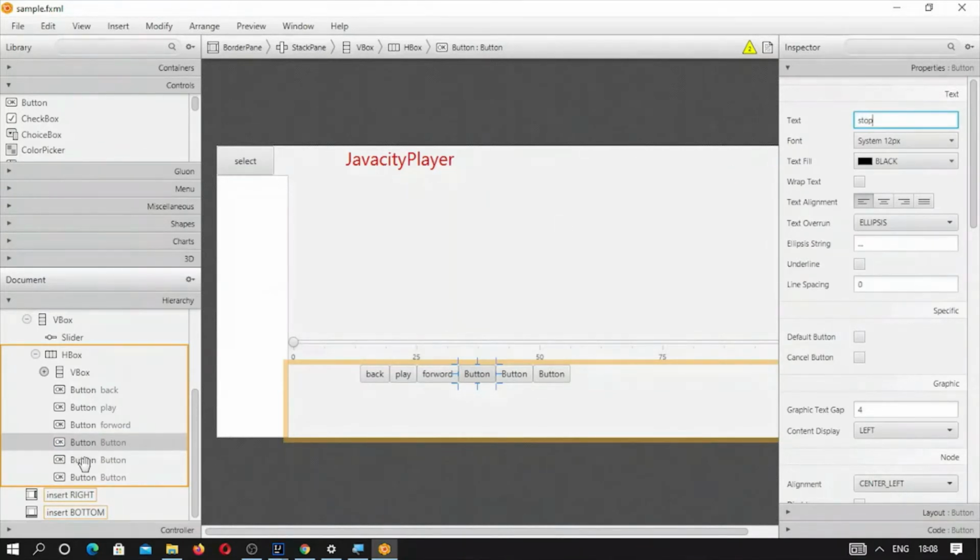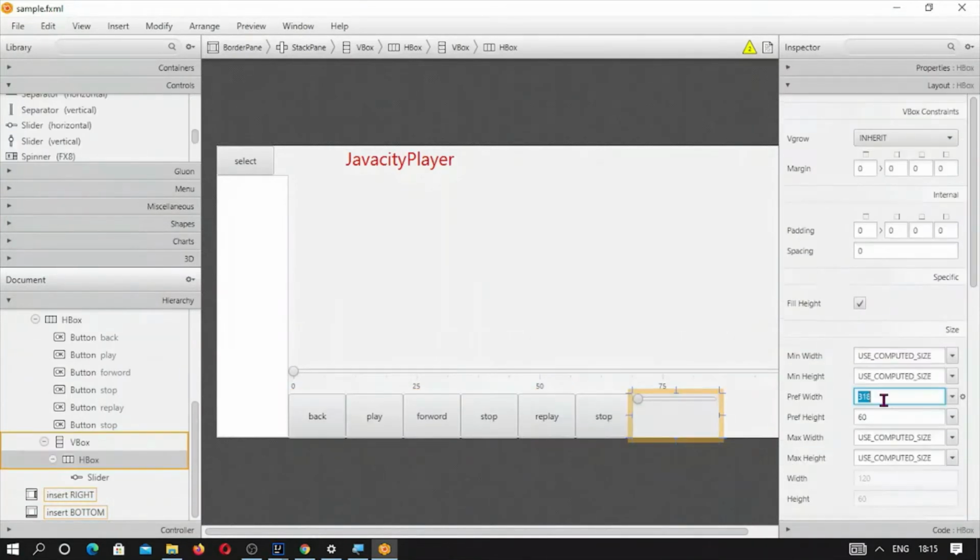Next one is replay button. And the last one is stop button. Okay, 20. And it should be reduced to 30.